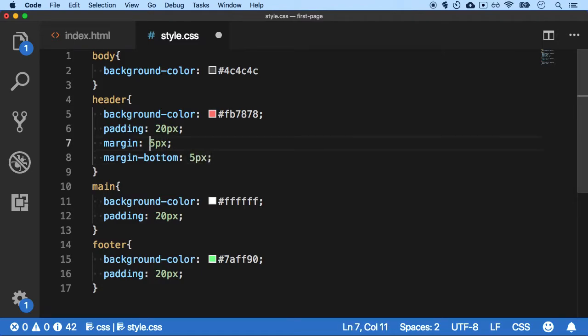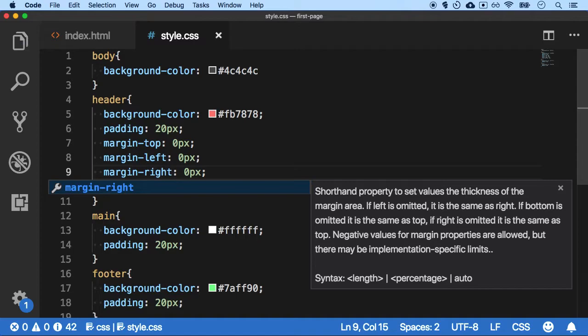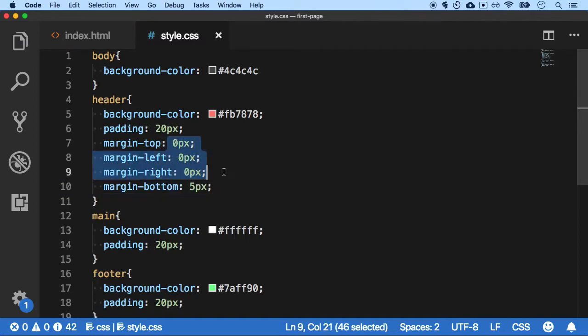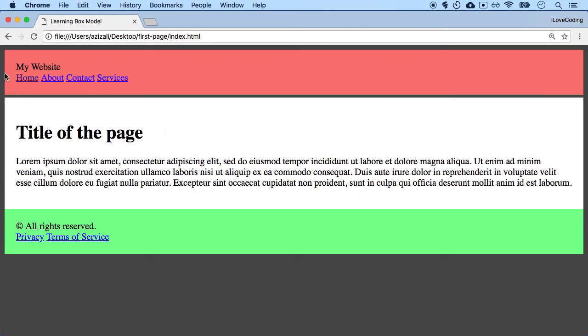But for the rest of the space, let's say on top, I want 0. And for left and right, I want 0 as well. So I'm going to say left 0 and right 0. So margin top is 0, left right is 0 as well. But on the bottom, I want 5 pixels. All right, so save, refresh, and you see that 5 pixel is gone and only the 5 pixels on the